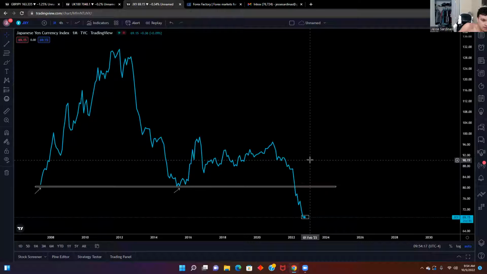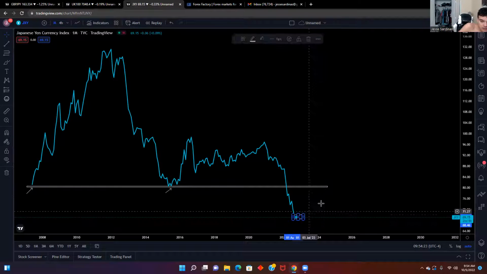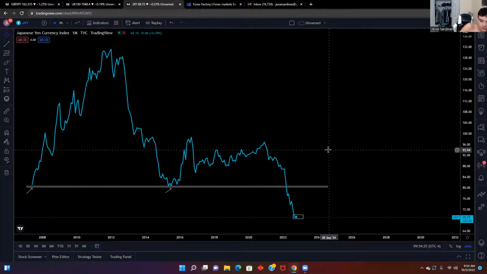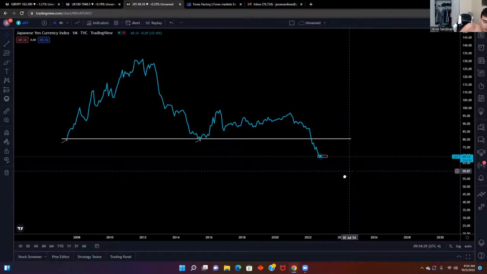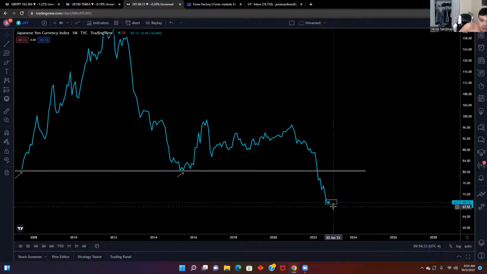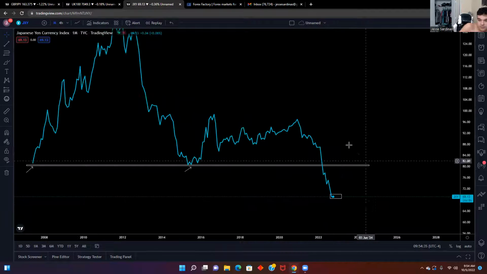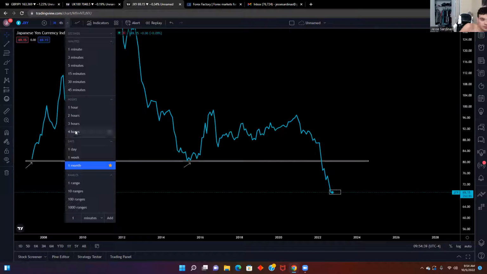I can honestly remove that since we won't be above that area for a while, especially since Japan has not changed their monetary policy sentiment. So as long as the Bank of Japan stays dovish, and until they start raising interest rates, we can just continue to fall and reach new lows. Just because we haven't been there doesn't mean we can't get there before or after. So with that being said, we can obviously see how weak it is on the monthly.